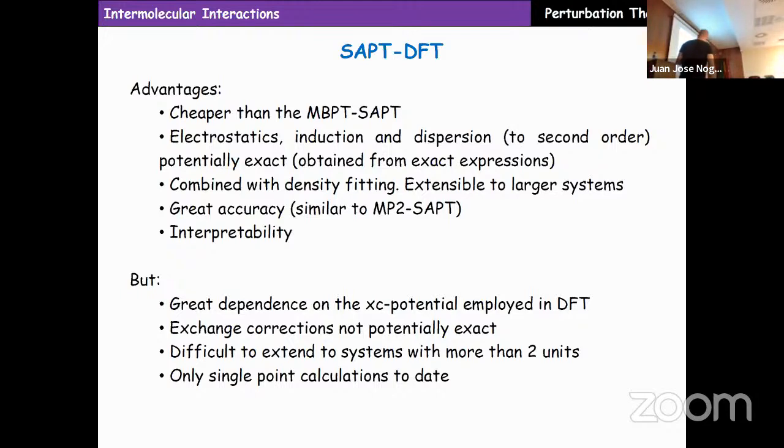Well, it's great accuracy. The accuracy is similar to MP2, and it's cheaper computationally. It's faster. But what are the problems? We have a great dependence on the exchange correlation potential, as always with DFT. Exchange correlations are not exact. And it's difficult to extend to systems with more than units. Well, this is difficult in all these schemes. And there is no optimization today, so only single point calculations. These are problems that